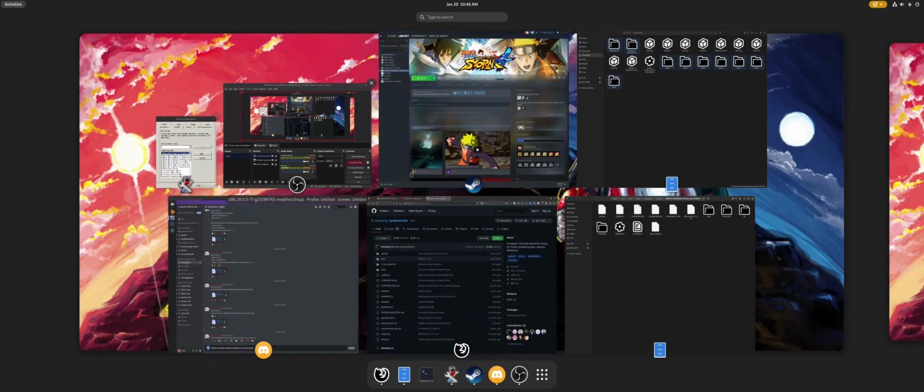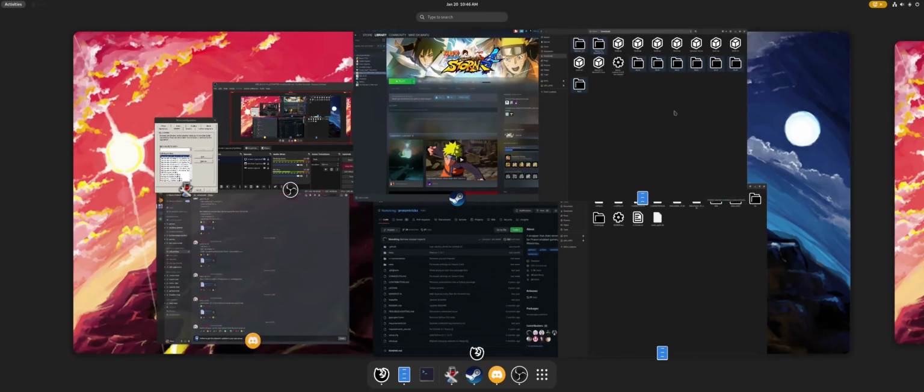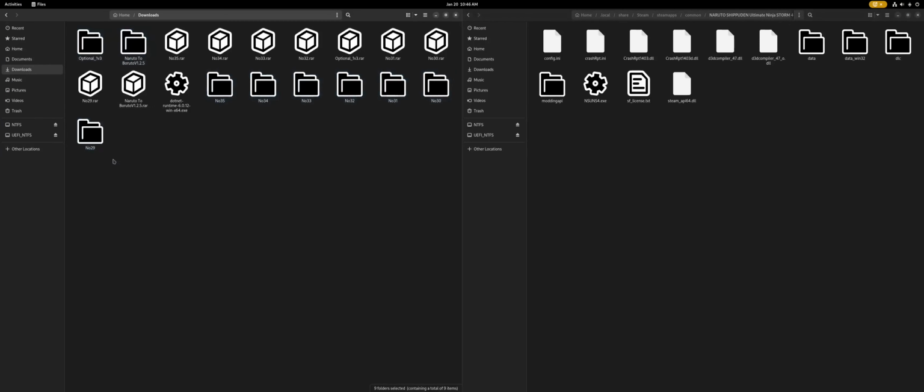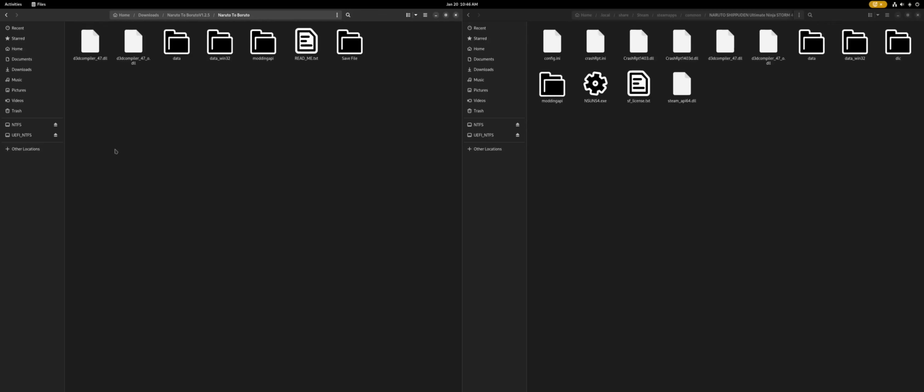So, now that we're here, we have both of these up. What you have to do after you've extracted, you see there's a folder inside of a folder. Unfortunately, the extraction process leaves you with a folder. Open the folder, go inside here, grab all this, not the save file, leave the save file, drag, drop it